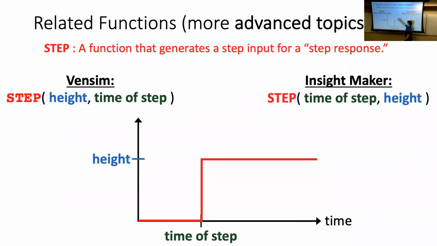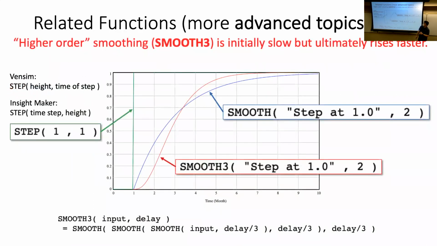I can generate steps inside Vensim and Insight Maker using the function step, where I can say the height of the step and the time I want the step to be applied. Similarly here in Insight Maker, it's flipped, where you do the time first and the height second. So always check your syntax before you implement these things, and you can generate these steps inside Insight Maker and Vensim. So here I've generated a step at time 1, going up